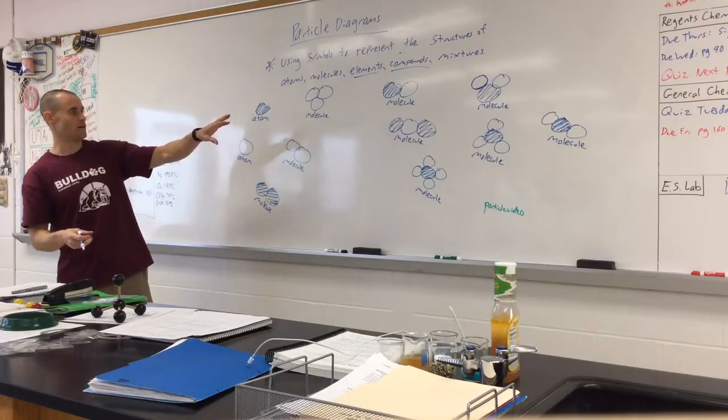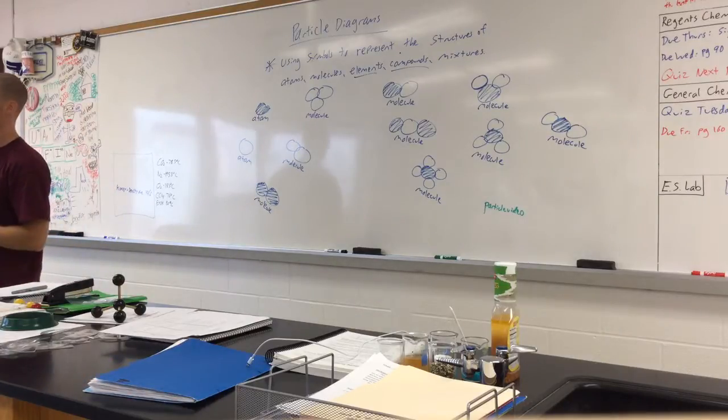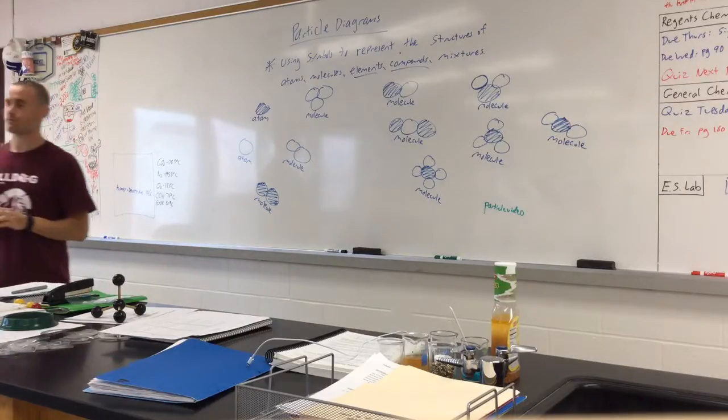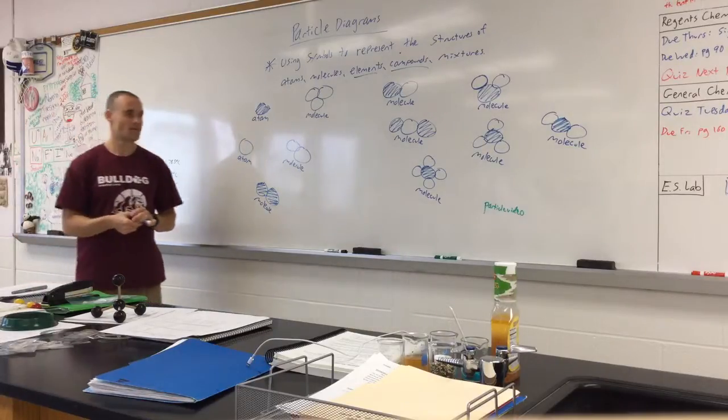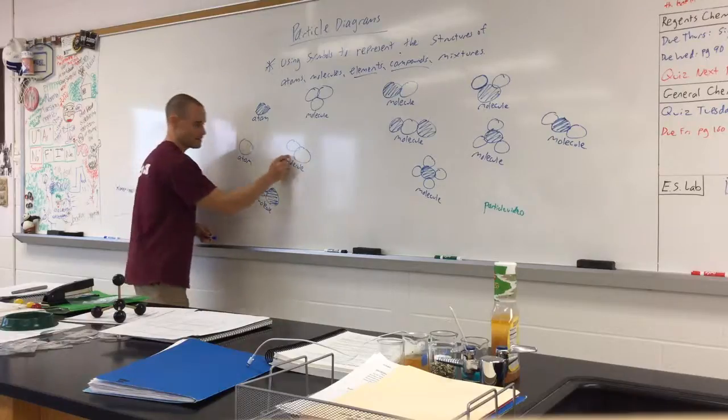So, who could tell me, where are the elements, where are the compounds? I kind of separated them on purpose. Elements. So there's 1, 2, 3, 4, 5. There's 5 elements. That's an element, that's an element, that's an element, that's an element, and that